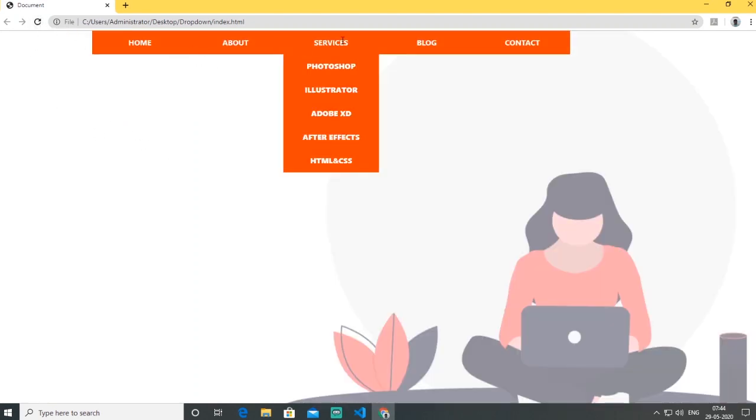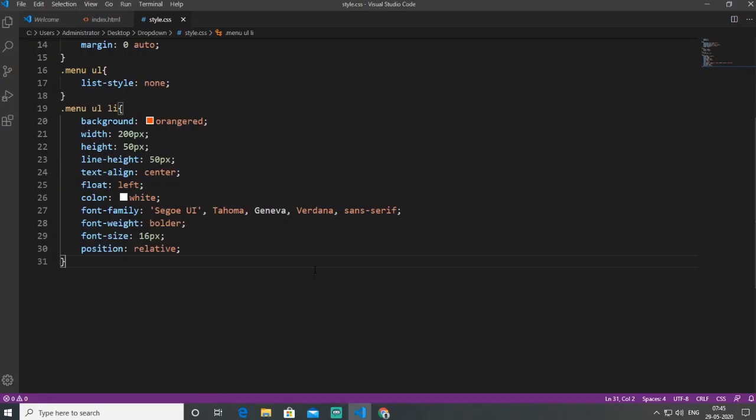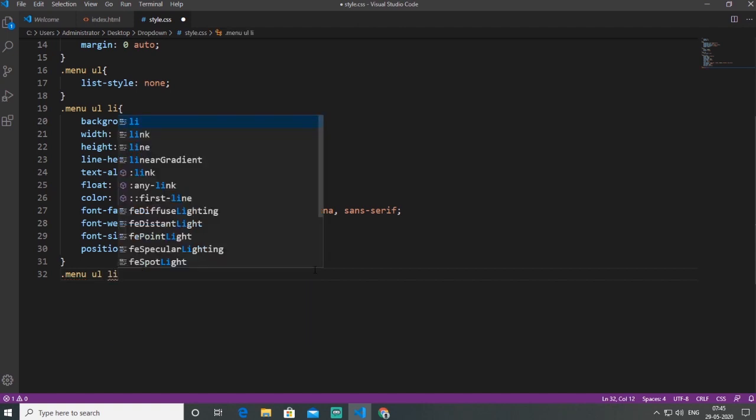Look how it looks. Okay, I just styled my UL, meaning home, about, services, blogs and contact. Now I want to style hover. I style my dot menu UL LI hover.